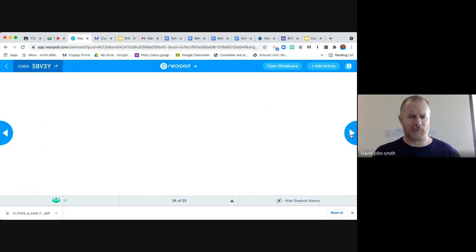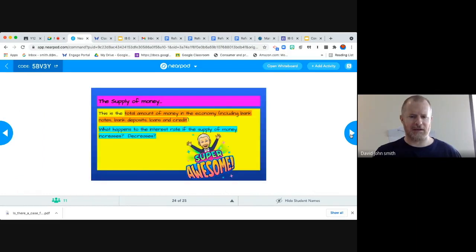Okay, now, what about the supply of money? Well, as we've already worked out, the supply of money is the amount of money produced by the central bank. It is created perhaps through their printing presses, although these days normally through computing, right? The total amount of money in the economy includes the banknotes, the coins, and deposits in banks. They might be term deposits, which means that they're held within the bank for a period of time, right?